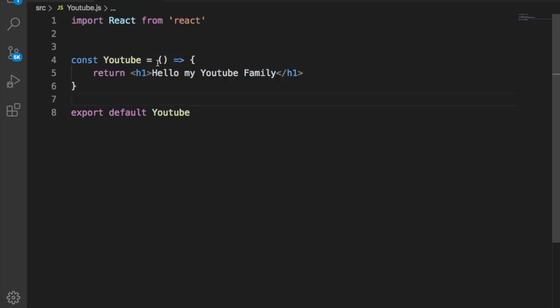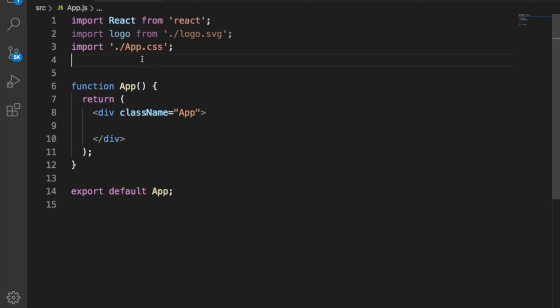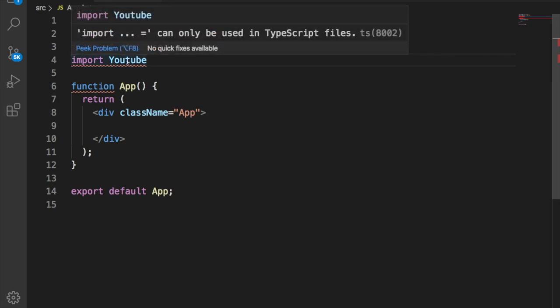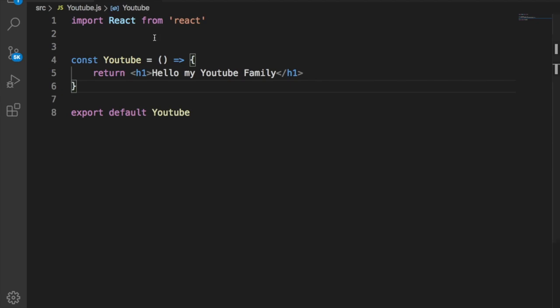Let's save this. Okay, now let's import our YouTube.js file inside my App.js. You can name it whatever you want, because inside our YouTube.js file, when we write export and this component, we have also written the default keyword.